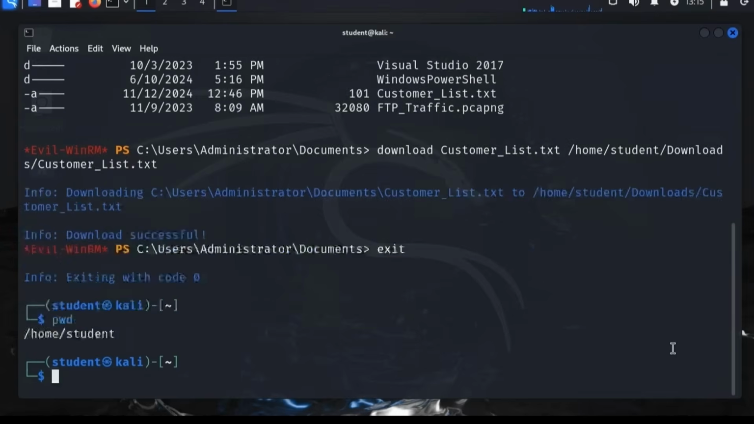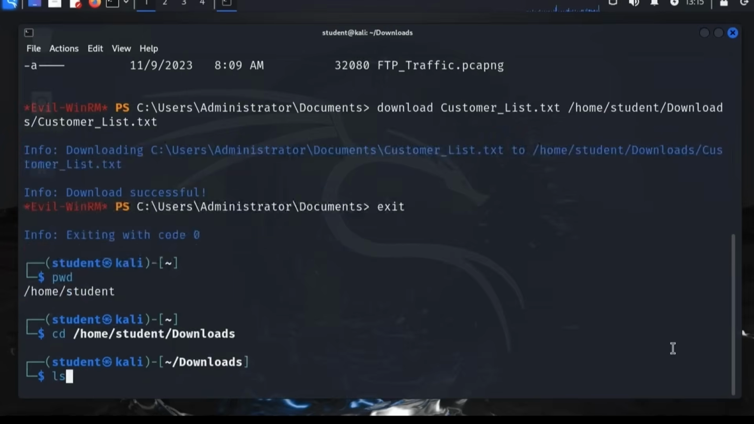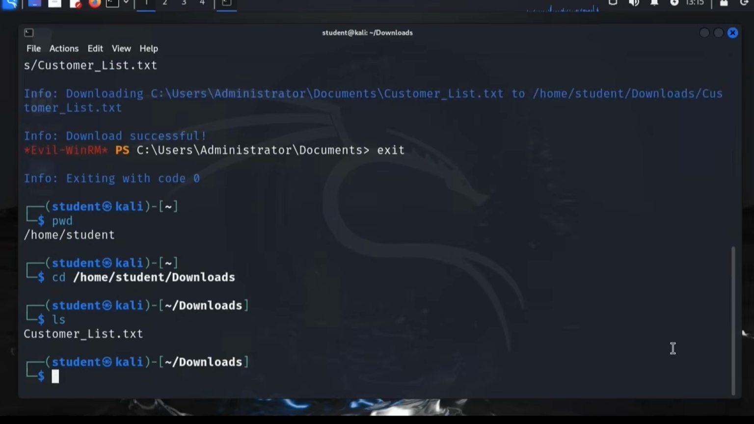And let's print out our working directory. Notice that I'm in the home student. I want to go to my home student downloads. So I'm going to do a cd /home/student/downloads. And I'm going to do an ls, and I can see there's a file there called